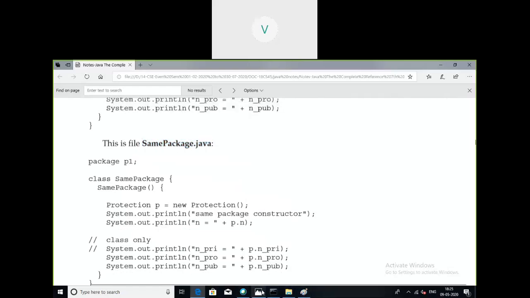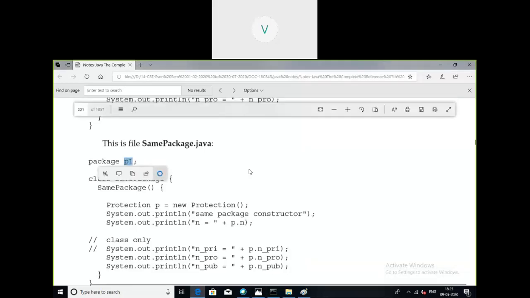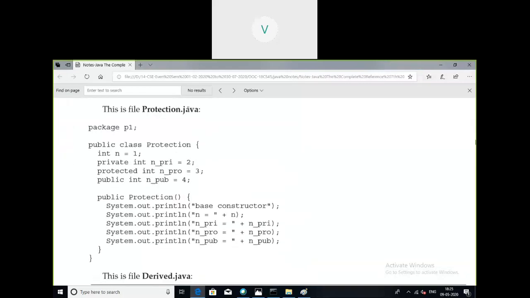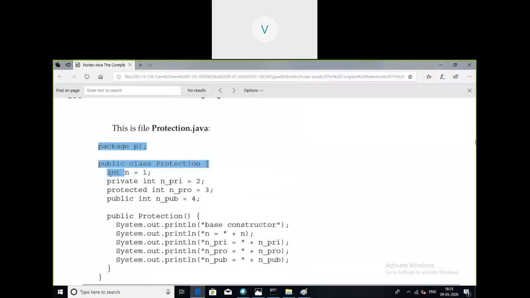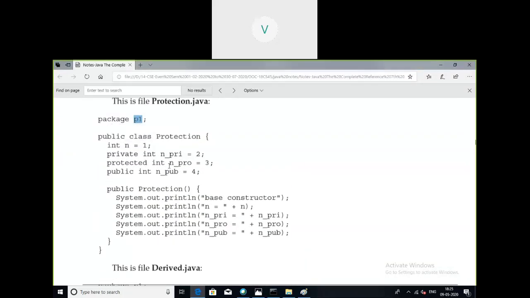For demonstrating the first three rows, we have to take these three source files. So protection.java, this is the entire source file, and this must be present in package P1.